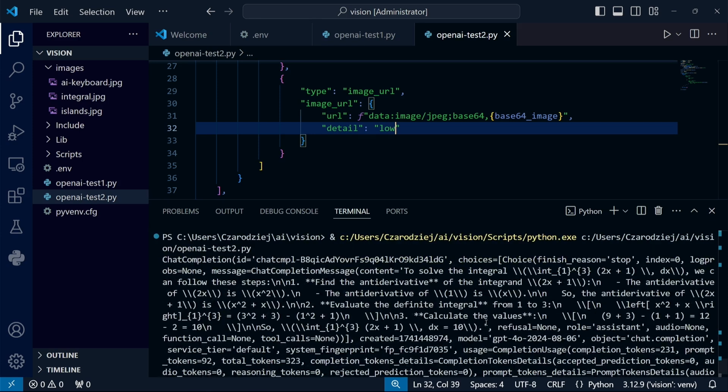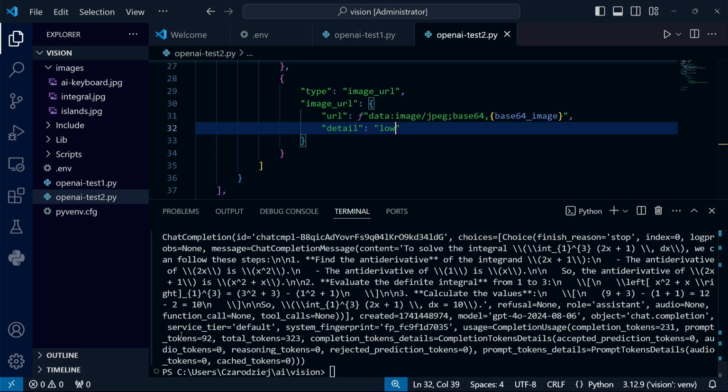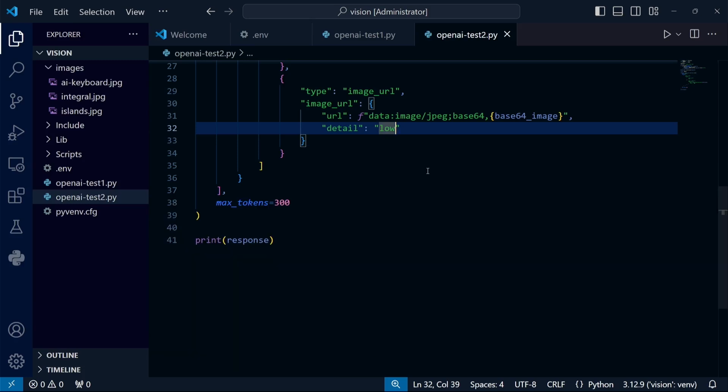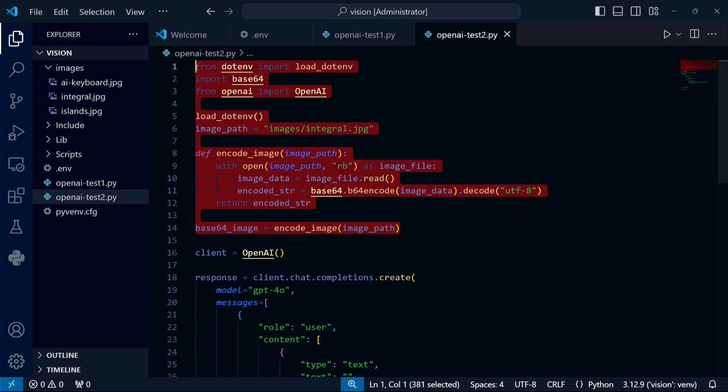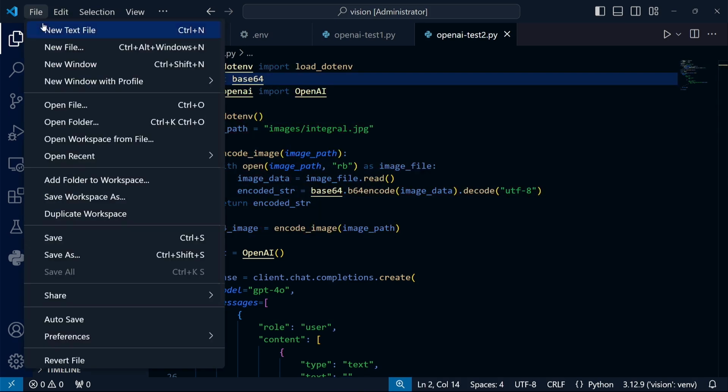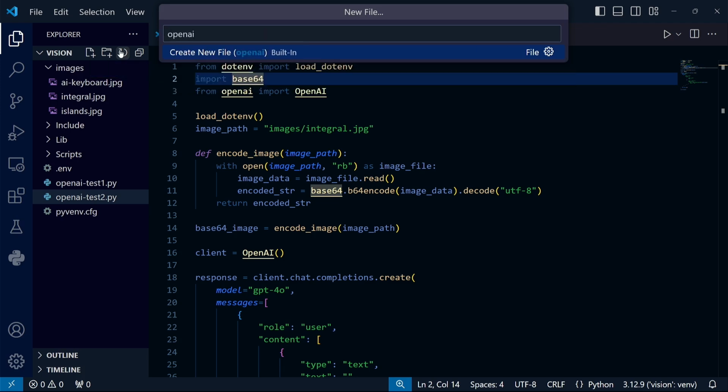Yes, that's correct. Reducing the level of detail has resulted in the number of input tokens decreasing by roughly 3 times. We now have 92. By the way, notice that in this case, cutting down on the details didn't cause any issues with recognizing the image. The integral is calculated correctly and the result is 10. We can assume that the second program is working correctly, so let's move on to writing the third one. This time, we'll use the LangChain library. I'll try to reuse some existing code by copying the beginning of our file into the new program.